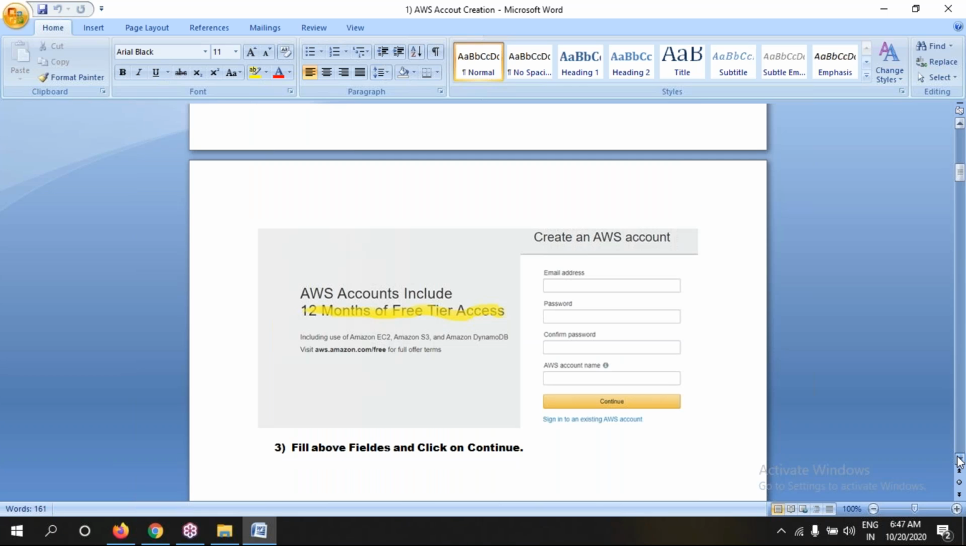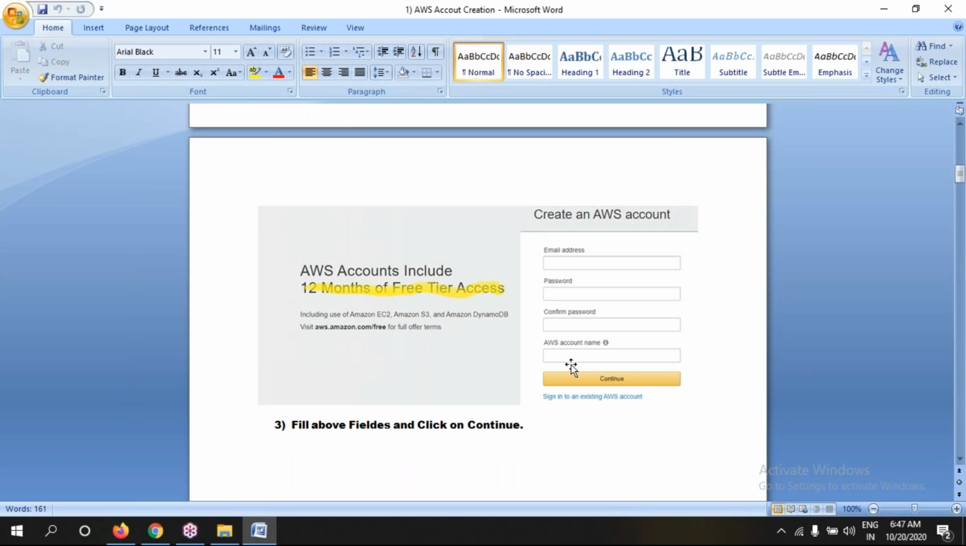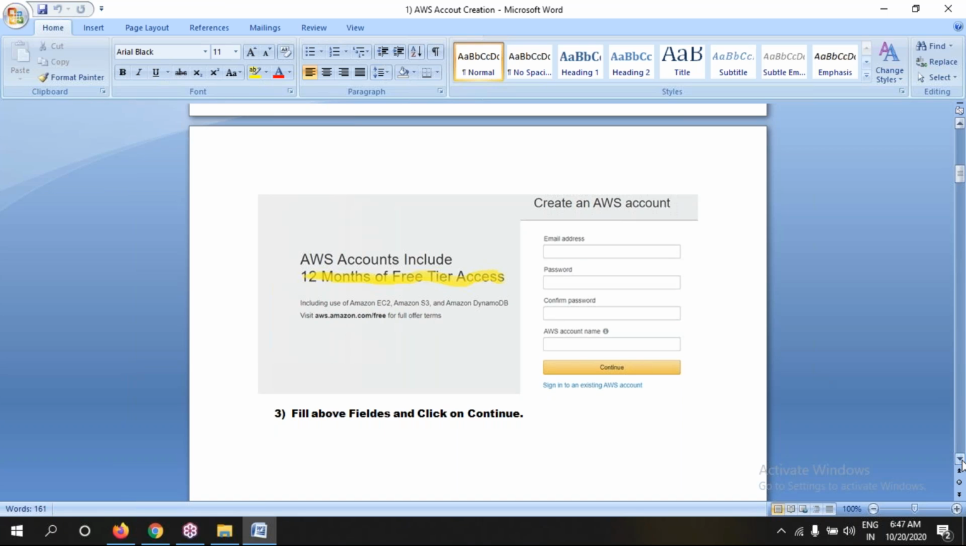Then please provide email address, password, confirm password, account name. So this AWS is 12 months free, on free trial access, not all the services only. Few of them are free and some are paid, guys, please. So 12 months free on particular services, not all the services. Please be aware of this. Okay. After you click on continue,